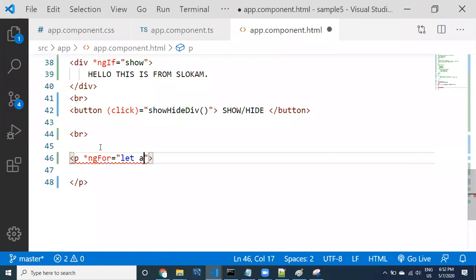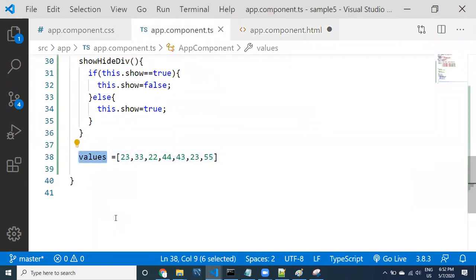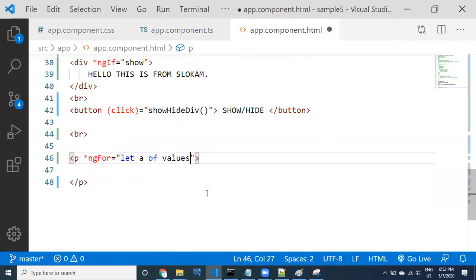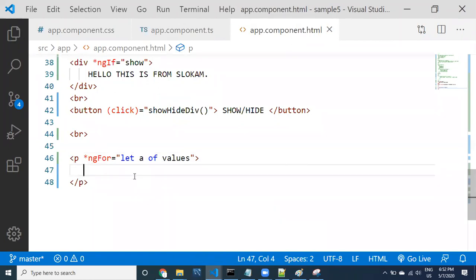Use this: let a of values, the values property. Let me provide this so that one by one value is going to be taken.